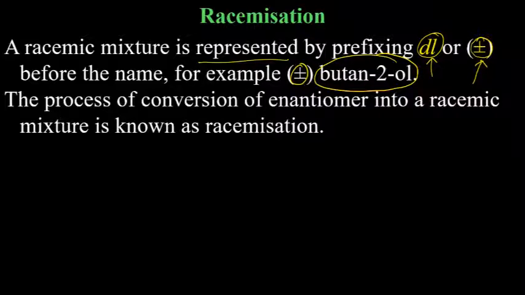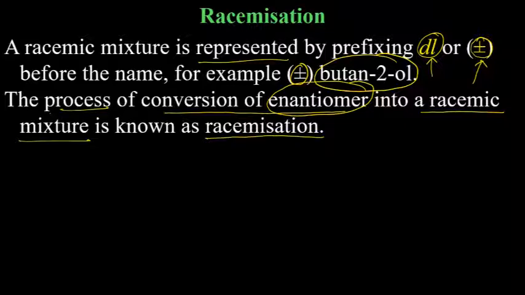Okay. Now a compound can be converted into a form in which enantiomers are 50% dextro, 50% levo, and the mixture will be racemic mixture. In that case means optical activity will become zero. So this process is known as racemization. In which case it is possible, whether SN2 or SN1, we will be talking about that.